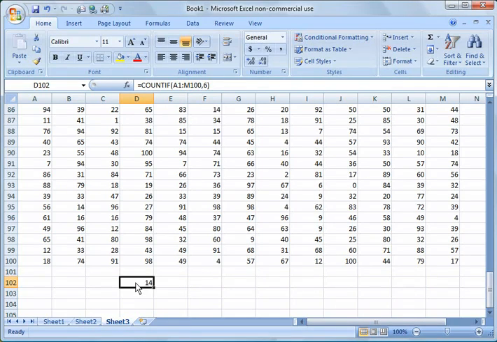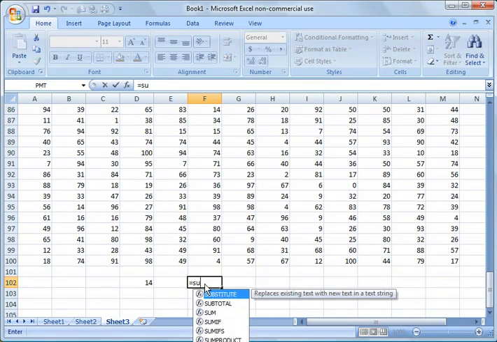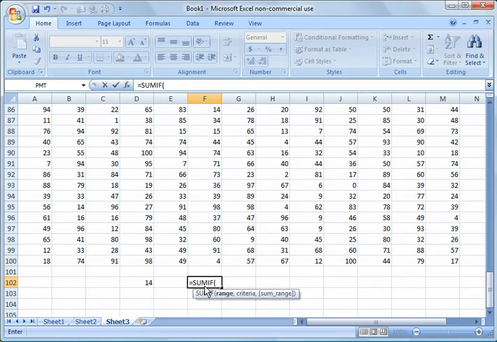So that's great, but if I'm tallying up, this is great for summarizing data, putting it in reports and so forth, but I might want to know what the total value of all those 6's is, especially if this were like sales reports. You might want to find out how many times item A was sold for $6, and then what's the total value of all those item A sales. So in that case we can do a SUMIF formula, equals SUMIF, hit tab,